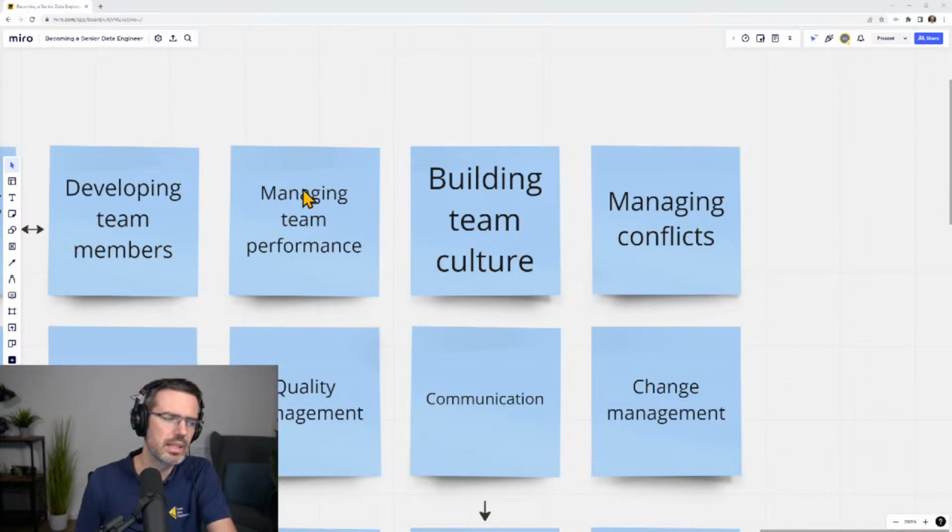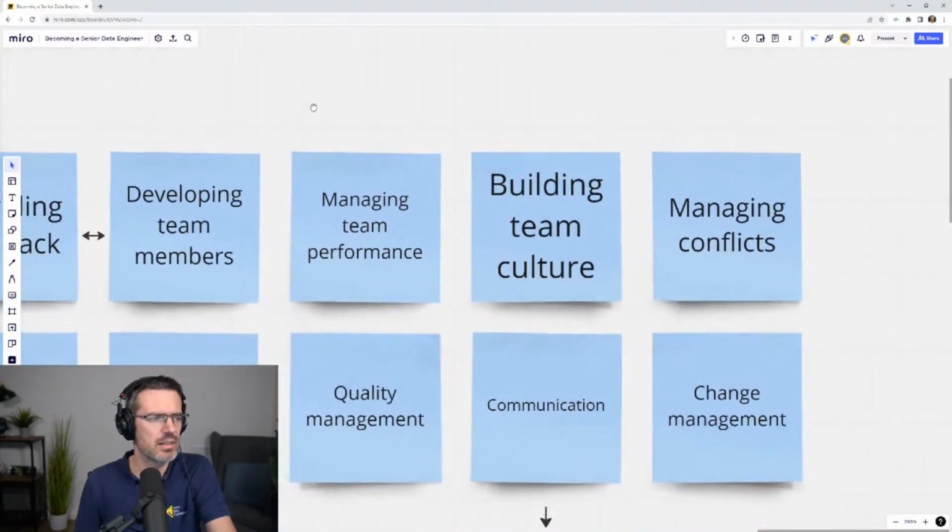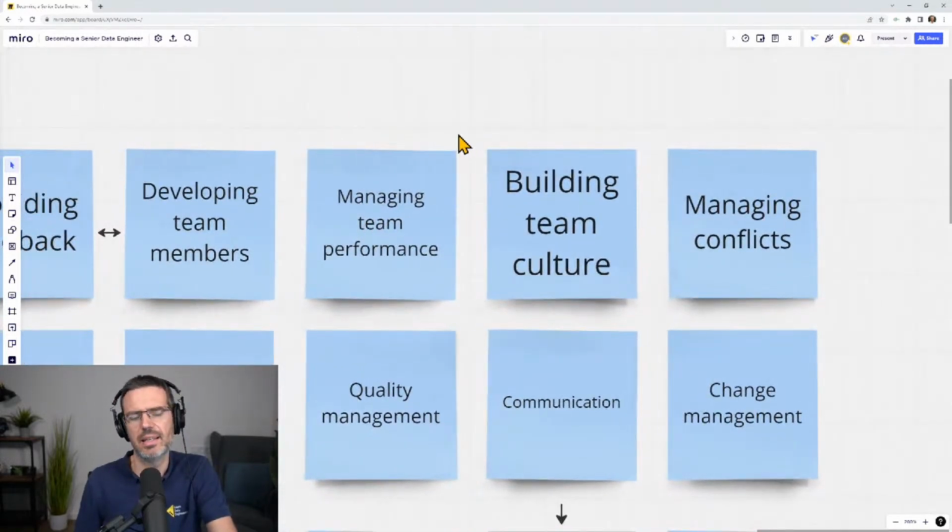So if your team has problems with the performance, what would be a good example for team performance? Because the next thing is culture.